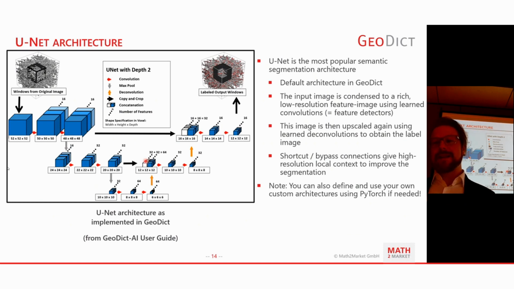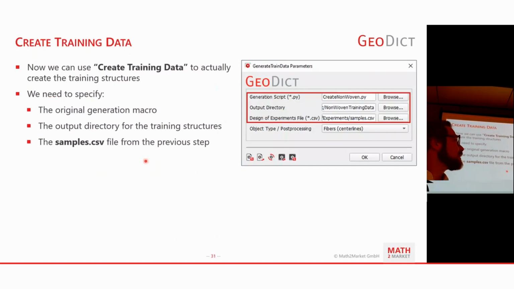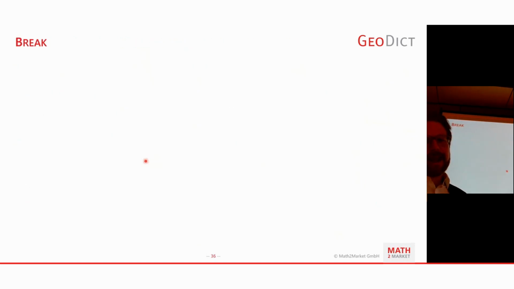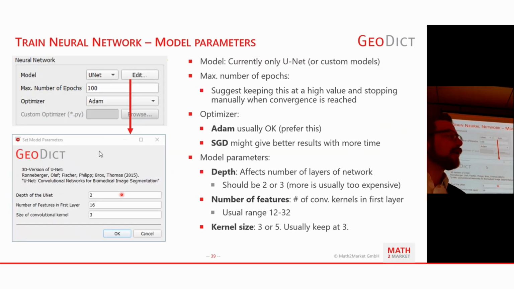But to obtain the same performance as a simpler network on a simple task, it probably needs more iterations and maybe more data. But in our case, because we have so many windows in the structure, the amount of data is usually not the problem. In many other applications it is, but because we're using synthetic data, you would assume that the amount of data is not the problem, but it might take longer. And especially for our case, because we're using 3D networks, it also increases the memory that you need. And the implication of that is that if you go to say a depth of 4 here, this I believe will not work on most GPUs that you can buy. So the limit is usually 3 here because we're using 3D.